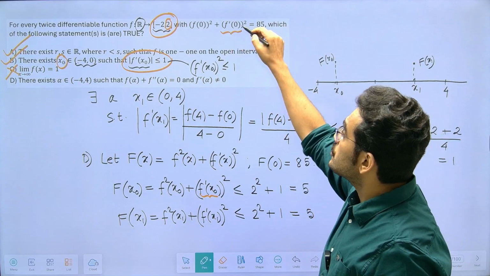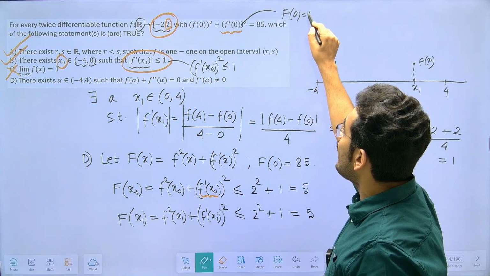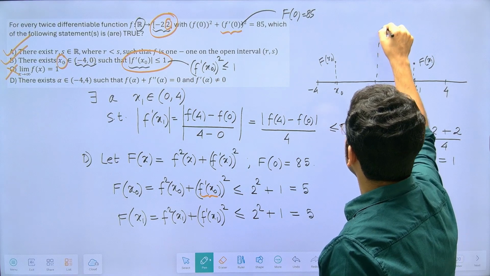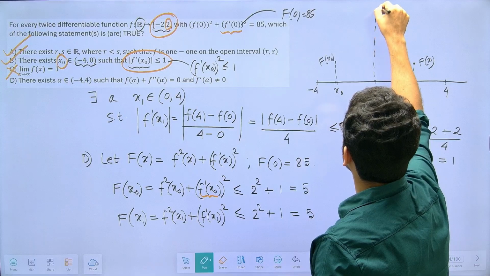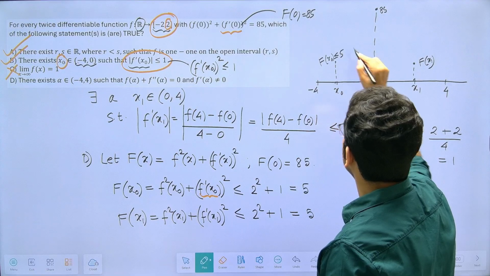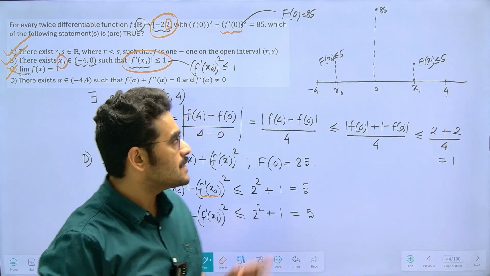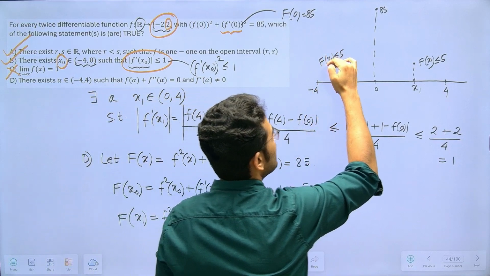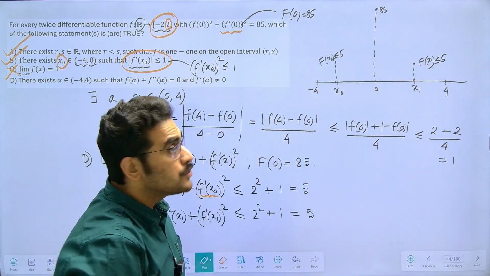But as per this condition, f0 is equal to 85. So at 0, the function capital F is giving a value which is 85, say somewhere here. And this value is less than or equal to 5. So we can get an idea that this function capital F is starting from a value less than or equal to 5, say here. It is going to 85 and then again coming down to something less than or equal to 5. So definitely